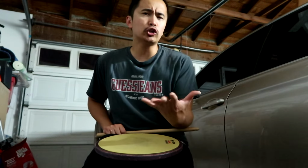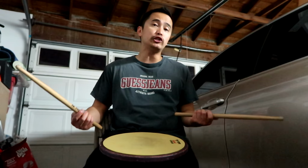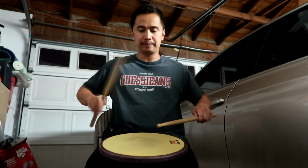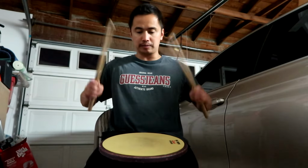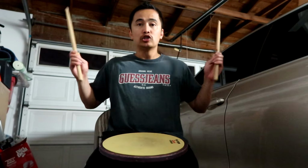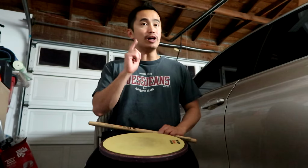Alright guys, let me show you how to practice playing clean all by yourself. So what you want to do is take any one-handed exercise, like let's say 8 on a hand. Now take that exercise and play it as double stops. So what you're looking for is that clean sound where both sticks hitting the drum sound like one stick hitting